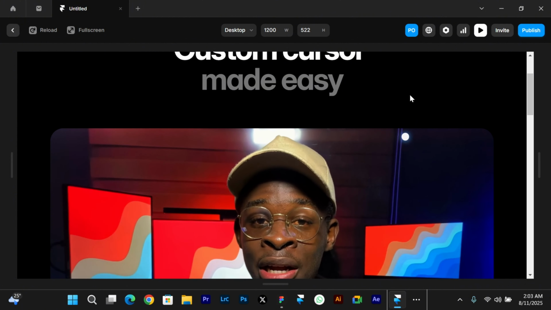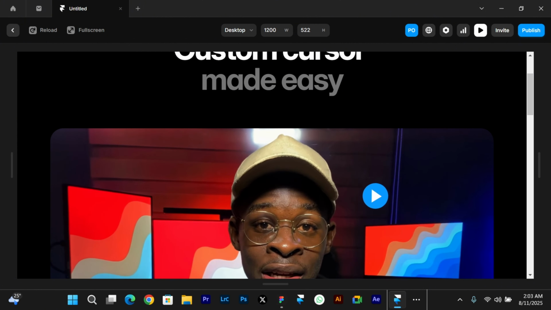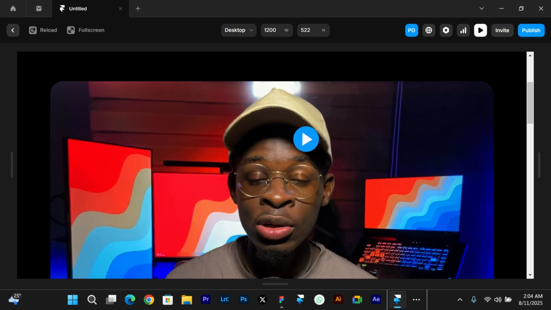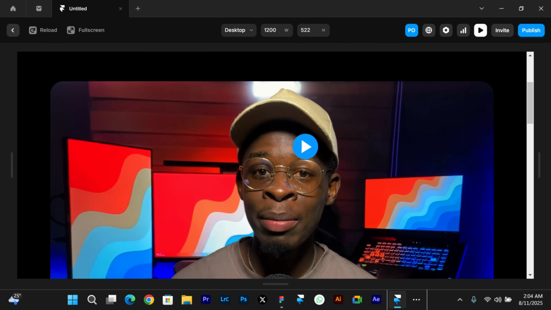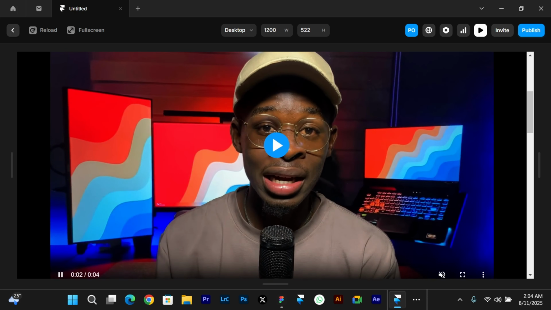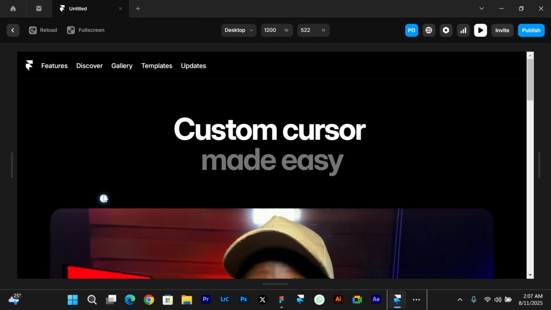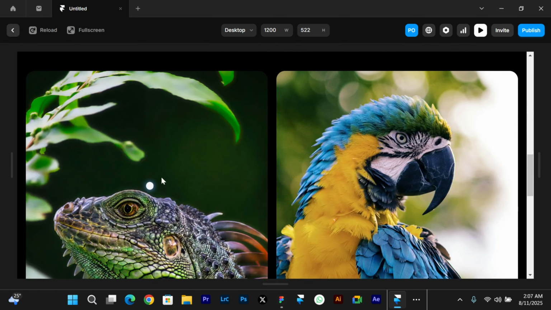So it switches from the circle component to the play button component. And the best part about this is that the interaction I added on this play button works in real time. So if I want to pause this video, I will just click it, it pauses, and if I want to play it, it plays back. Moving to the other part of this design is where we are going to be linking those variant buttons to the respective cards.